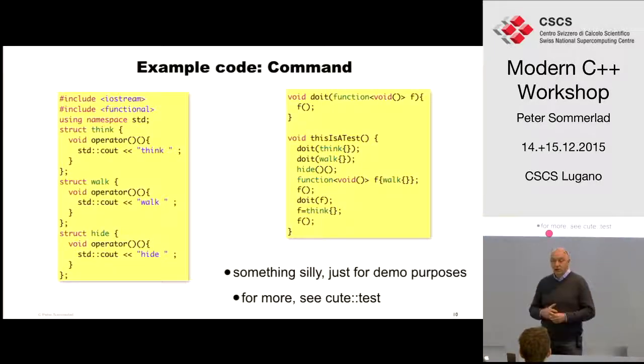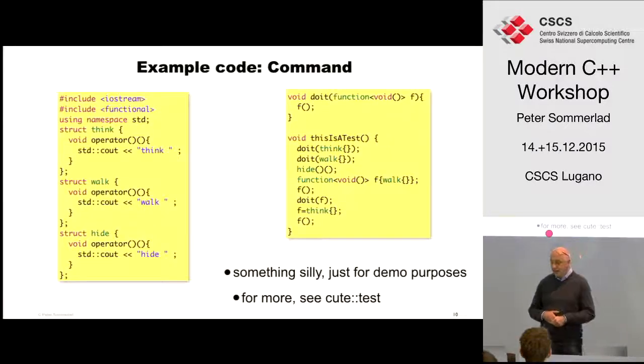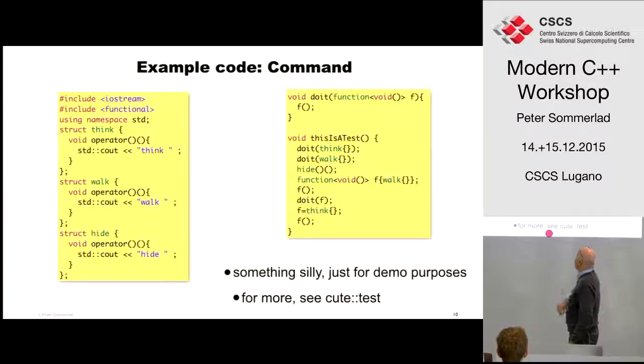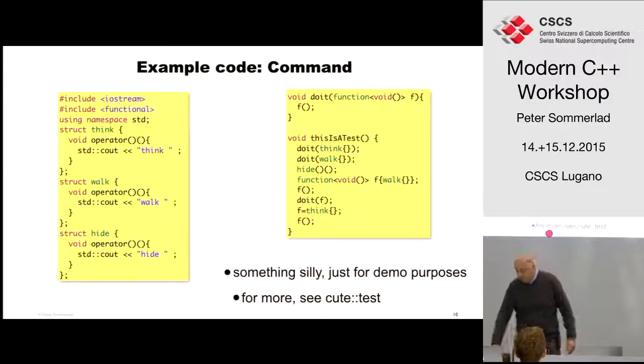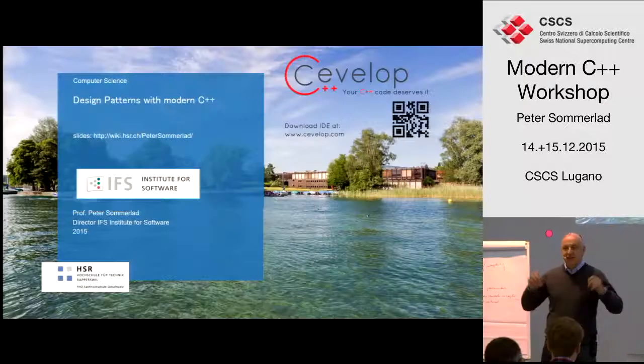We create a walk object, call do it with it as an argument, and do it will actually call the walk object. We can directly create a hide object and call its call operator. Here, just to confuse you, I use hide with the round parentheses to create a default value instead of the curly braces. And many people only know the design patterns book.